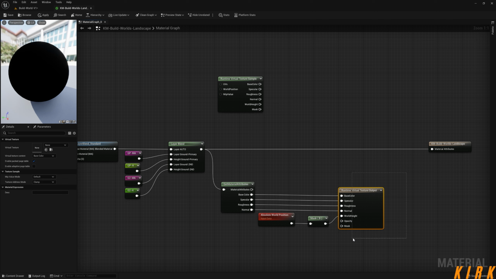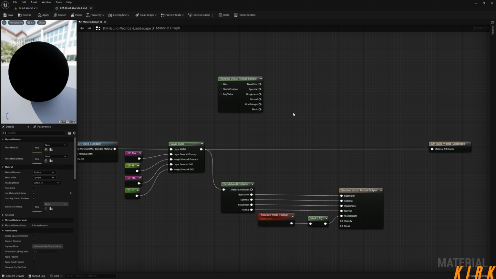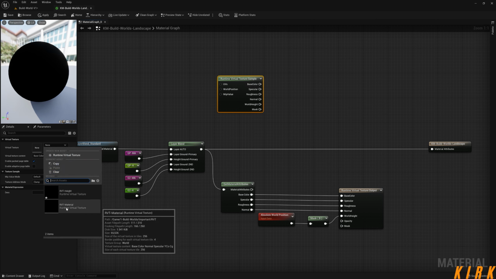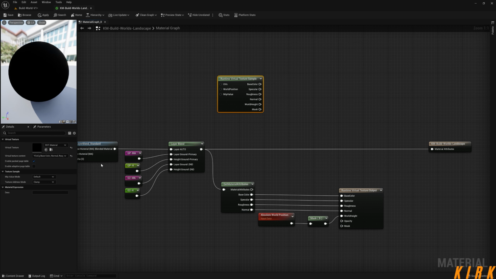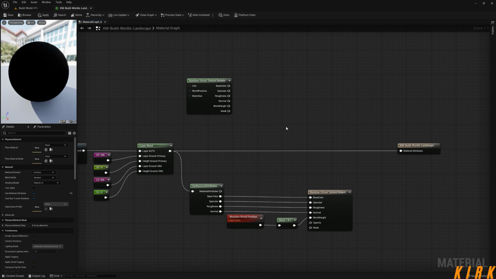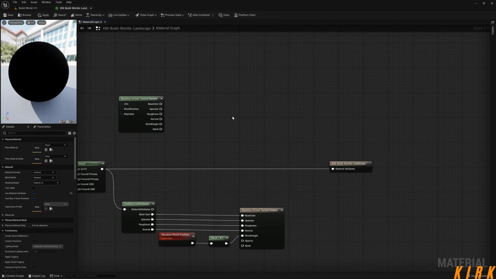This is accepting color information and height information, but we need to apply the color information into here to our runtime virtual texture color texture, which is our material. So we simply click on the runtime virtual texture sample and come to the virtual texture, and we're going to choose our RVT material, which is our color information. And you'll see it automatically changes our virtual texture content to the YCoCg version, which is a bit higher quality. And now we need to set